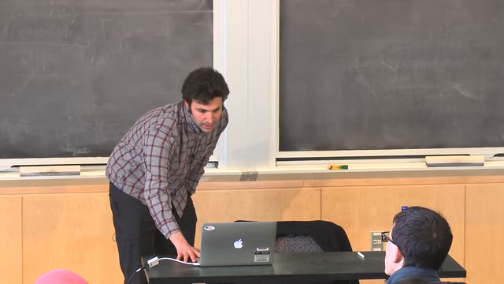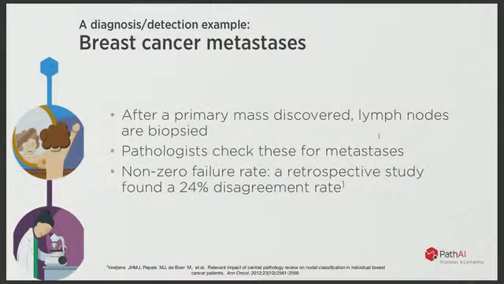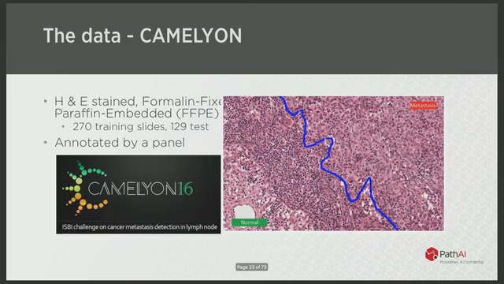So one example, I think we sent out a reading about this, was this concept of breast cancer metastasis as a good use case of machine learning. And this is just a patient example. So a primary mass is discovered. One of the big determinants of the prognosis from a primary tumor is, has it spread to the lymph nodes? Because that's one of the first areas that tumors metastasize to. The way to diagnose whether tumors have metastasized to lymph nodes is to take a biopsy and then evaluate those for the presence of cancer where it shouldn't be. And this is a task that's very quantitative and very tedious.